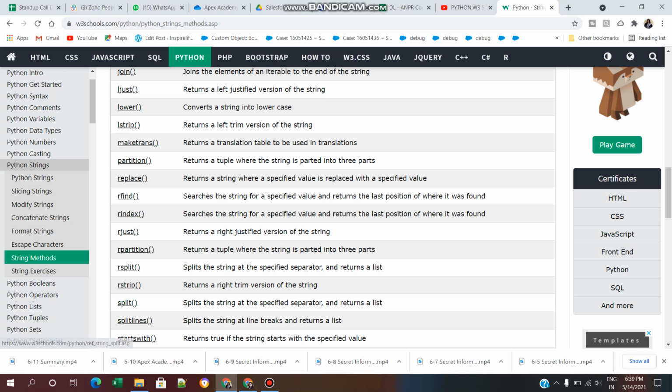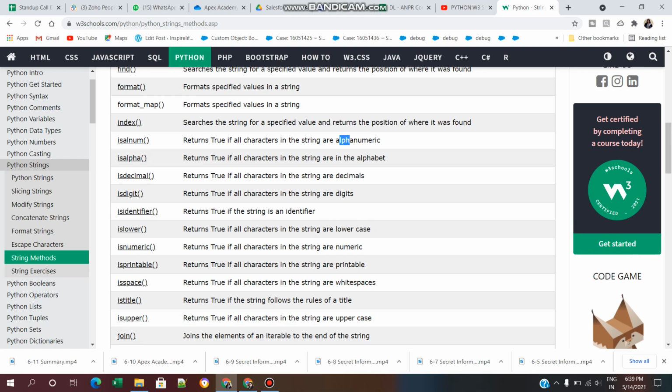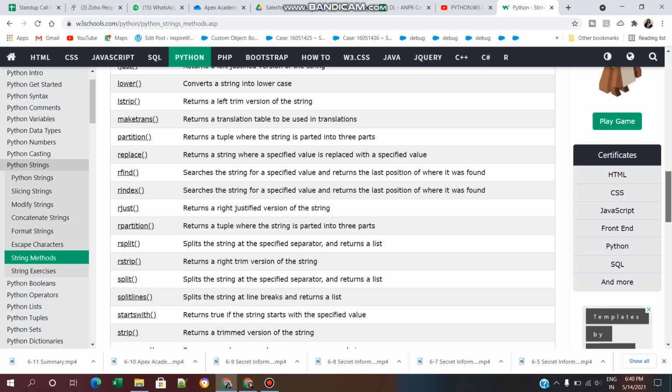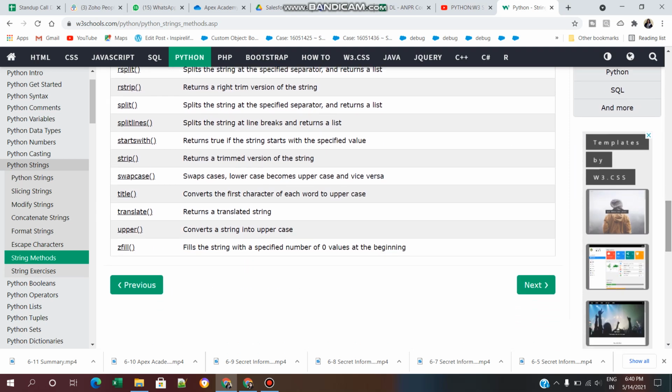Split splits the string at the specified separator and returns a list. Startswith returns true if the string starts with the specified value. Strip returns a trim version of the string. The swapcase method swaps cases. Lowercase becomes uppercase and uppercase becomes lowercase.